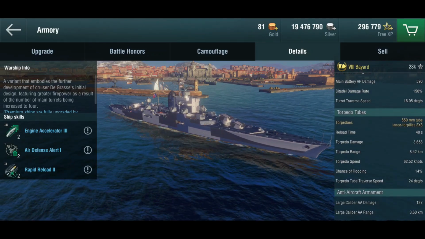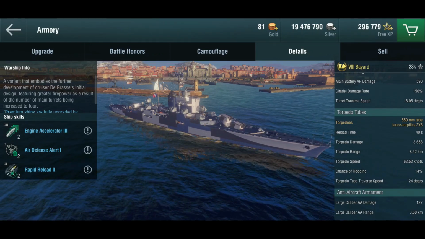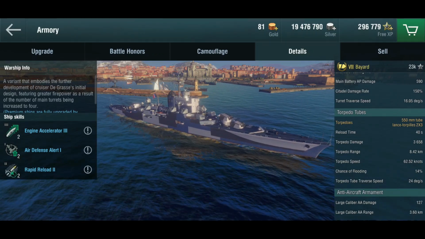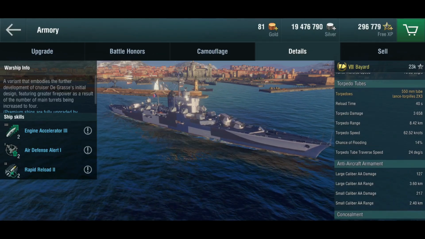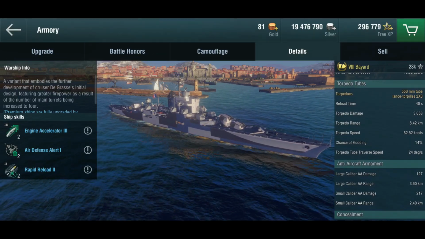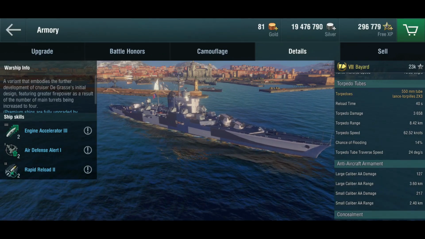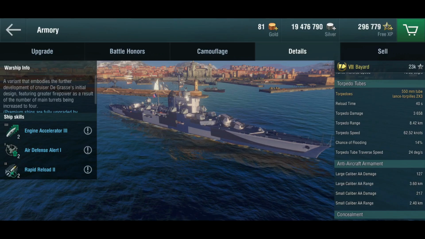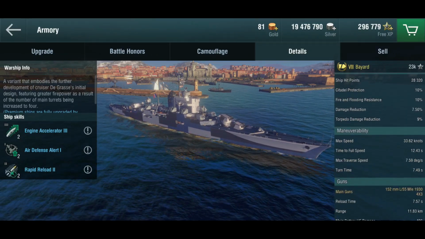Okay, torpedoes are pretty much the same. They look a little bit longer range because they have the historical camo, because this thing came in a bundle. The AA is actually pretty decent. I mean, it's not American cruiser level AA, but it's pretty decent together with the air defense alert. Given that you have extremely little armor and extremely little defense against fires, floodings, and everything else,